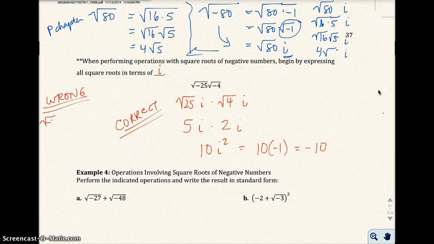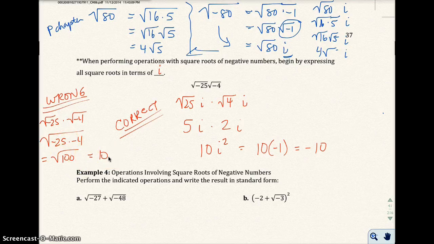Square root of negative 25 times the square root of negative 4, and then you do the square root of negative 25 times negative 4. You get the square root of 100, and you get 10. That would be wrong. Because right here, what you did was you took the values under the radical and multiplied them together. But doing that, you made it a positive 100, and then you got 10 out there, and you